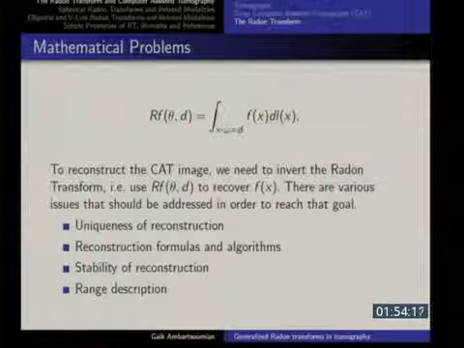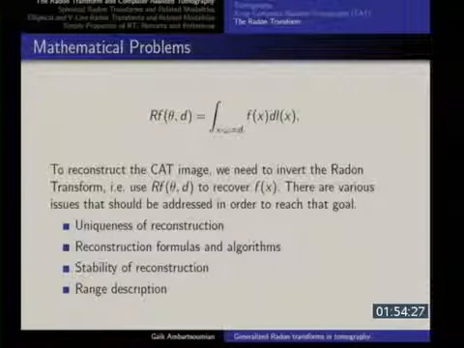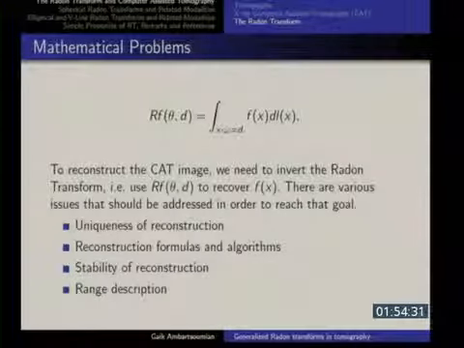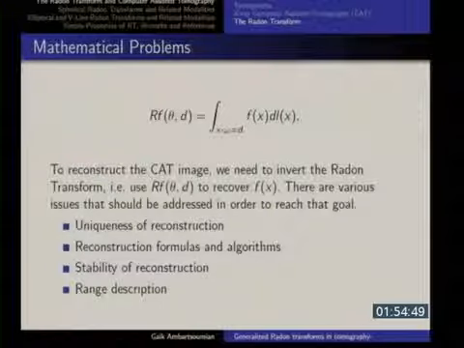Okay. So what kind of problems do we have? Again, from Professor Rakesh's lecture, you heard that there are some absolutely standard things you need to do whenever you deal with inverse problems. The first thing is injectivity. Do you have uniqueness? Because if you have two different functions, f1 and f2, for which Rf1 and Rf2 are the same, well, how do you invert? If you have two different patients, but the data you measure is the same, then which one's picture are you recovering, right? So the first question is uniqueness of reconstruction. Do you have enough data to claim uniqueness?